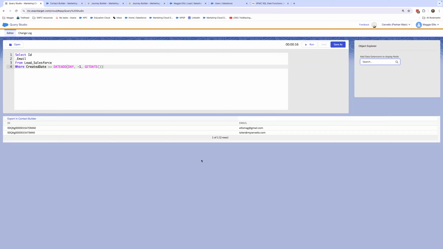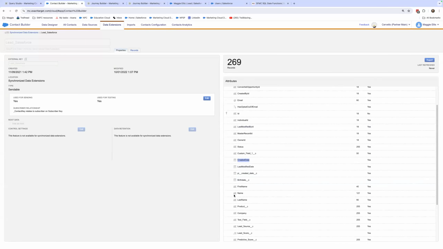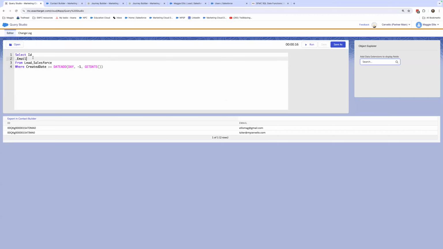We want to personalize this email. We want a greeting. How can we navigate to get Maggie's first name in that email? So let's go back to that synchronized data extension. Let's see what we've got here for values. First name, that looks good. Let's bring that over, and we can add that as a new line. Perfect. Let's go back to